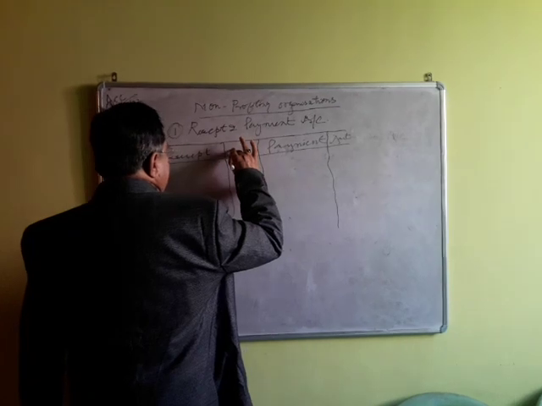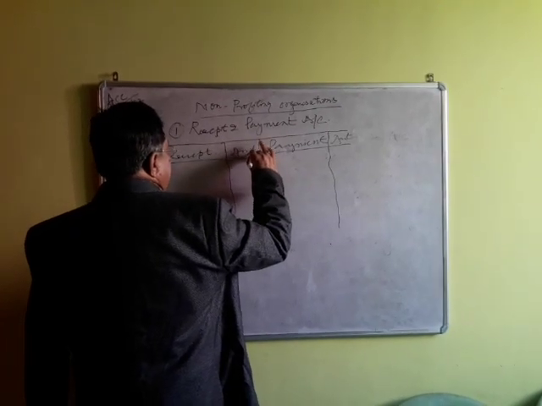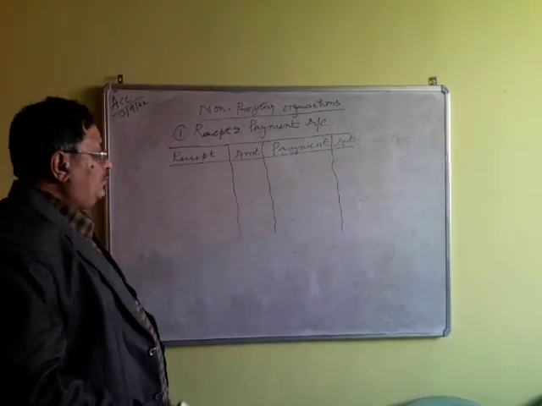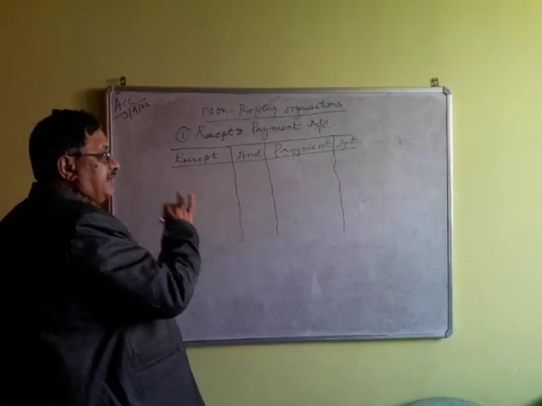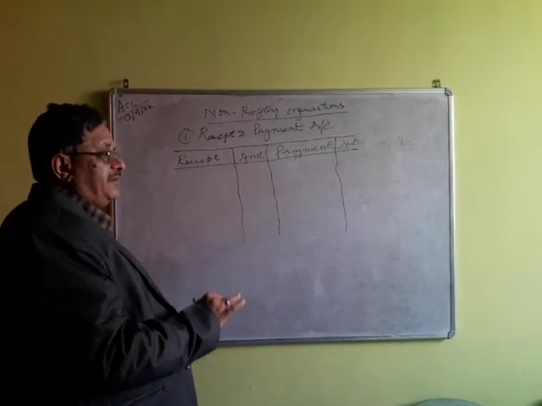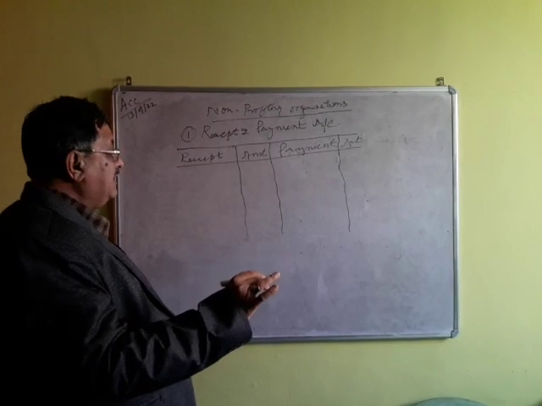This is called the receipt and payment account. All receipts of every nature for every year, previous year, present year and future are recorded